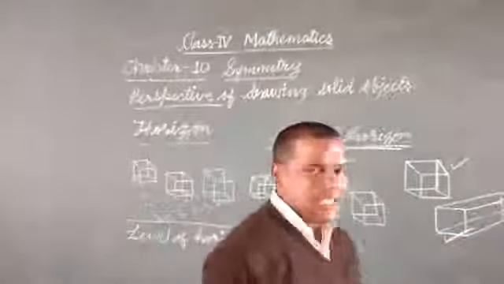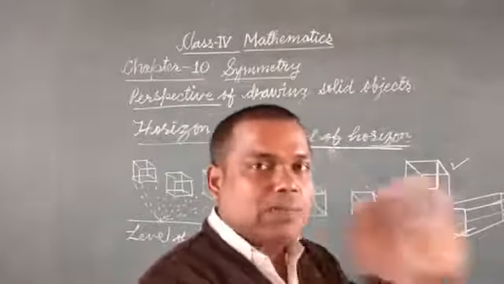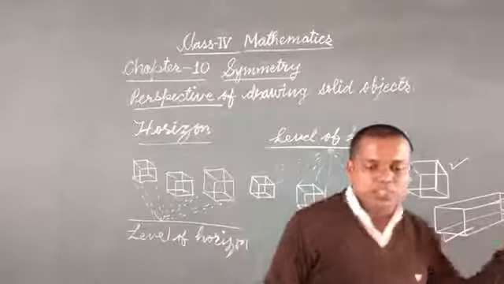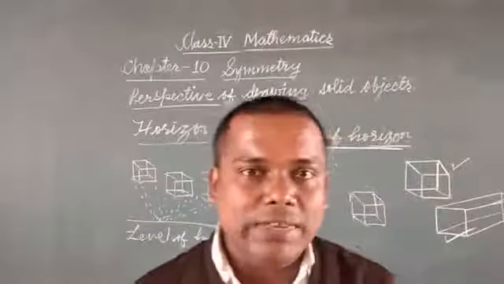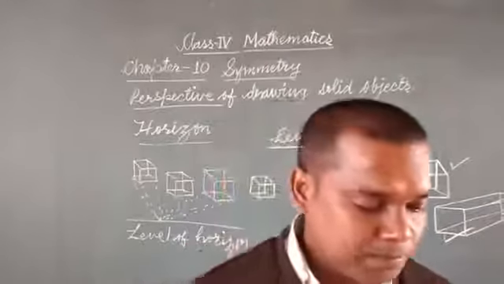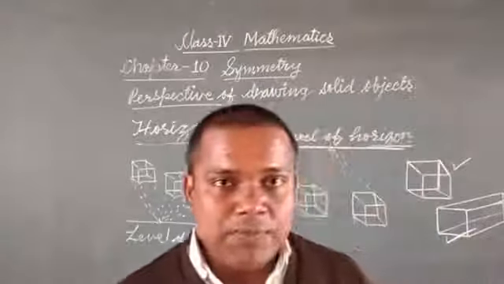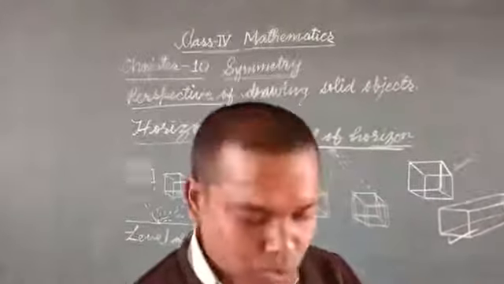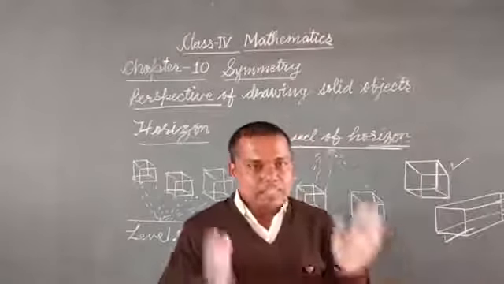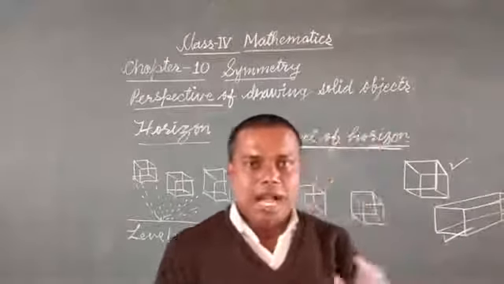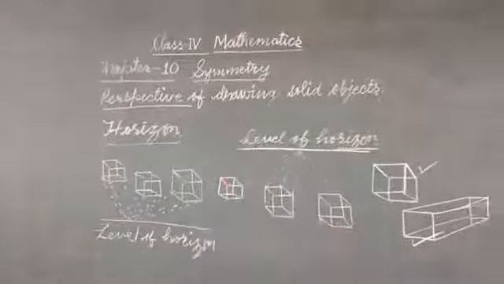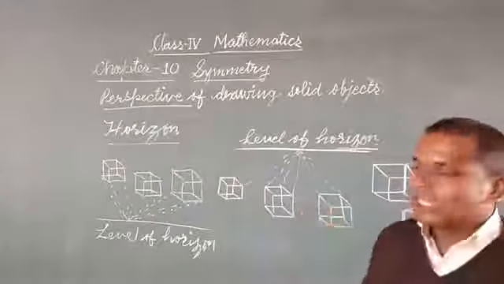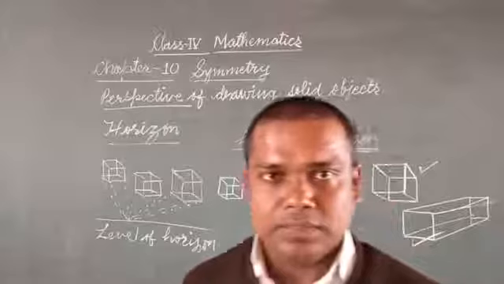In this we are seeing that the figure becomes smaller when we look from the front side, and the back side is smaller. So this is the perspective view. These questions will be given to you and you have to write the answer, whether the perspective view lies, where the vanishing point will be, and so on. So I hope you understood. Once you read the book, every line is written in the book. So this is all about the perspective drawing of solid objects, vanishing point and horizon.